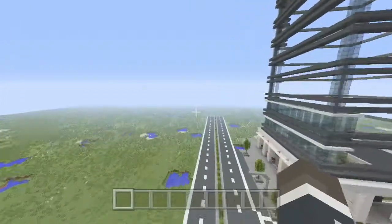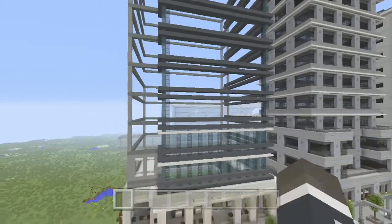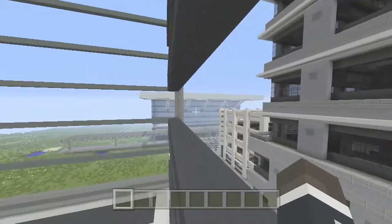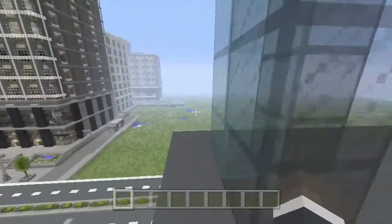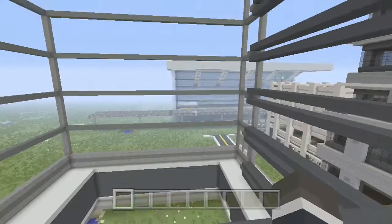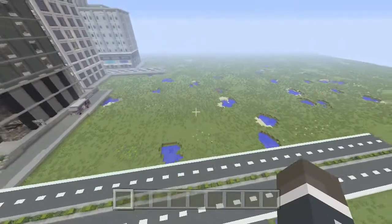So I think I might just end the video now, do a little bit of work on this later. I'll call this episode Skyscraper 1.1, and then the next episode will be 1.2, and that's where I'll throw in some finishing touches and get started with the second one. Or I just might finish this in between episodes and just get started right away on the second one. Who knows? Whichever one I feel like doing, or I could just leave this in a developing phase, and I can get back to it all later and finish them all simultaneously